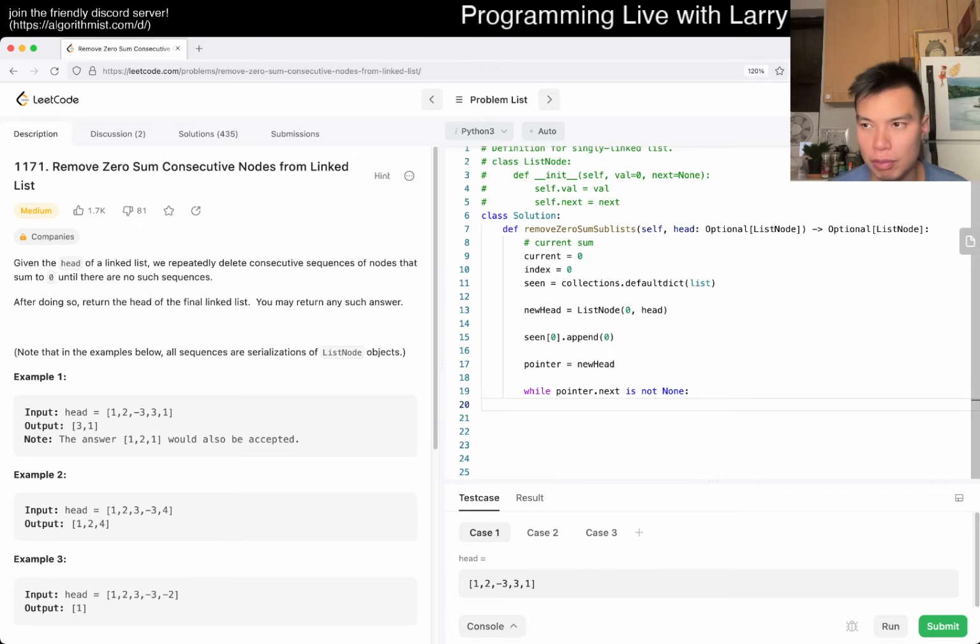So what do we do? Well, we look at the number. So let's just say the next x is equal to pointer.next.value, right? And then now we're trying to see if there's a zero sum. And of course, there's a zero sum if seen of, oh well, actually current, we added to the current prefix sum almost, right? So then now if seen of current,